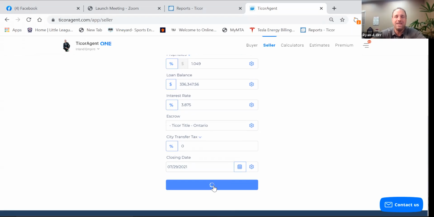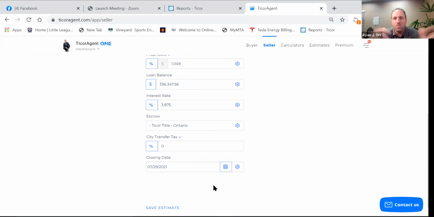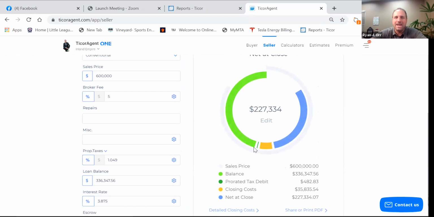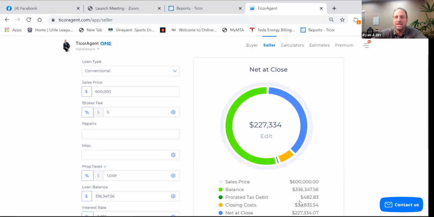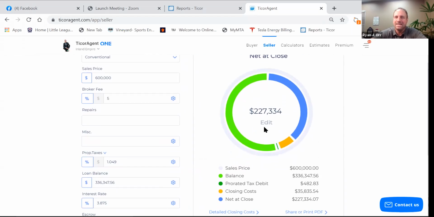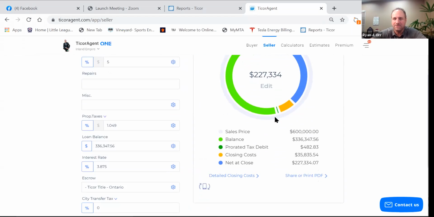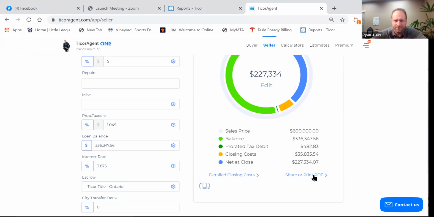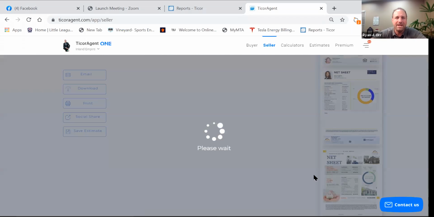You can change anything or everything you like. When I click the compute button, it's now going to come up with a number stating that if we sell the property based on the numbers that have been provided, you're going to net approximately $227,000, right? From here, I can click the share or print PDF button, and it's now going to create fully